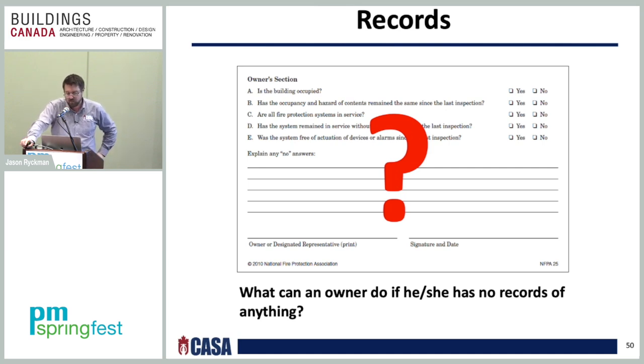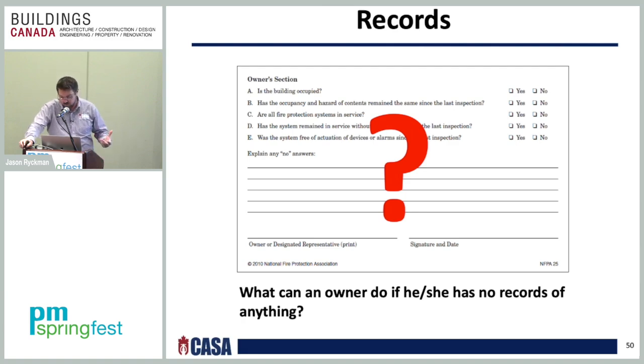The standard simply requires that records be maintained according to section 4.3. It does not address the lack of records. Therefore, if the owner has no records, then they must be replaced or recreated. A complete inspection, testing, and maintenance program will have to be performed in order to establish baseline records for comparison. If the owner has none of the original records,